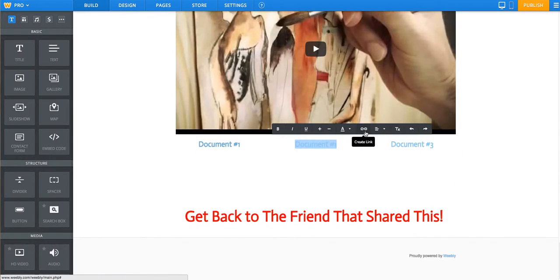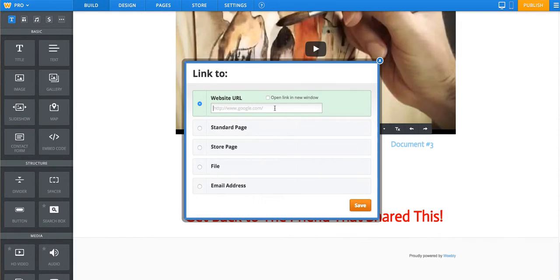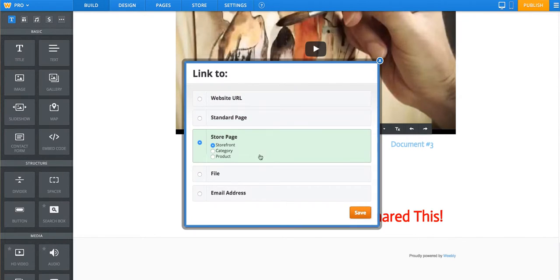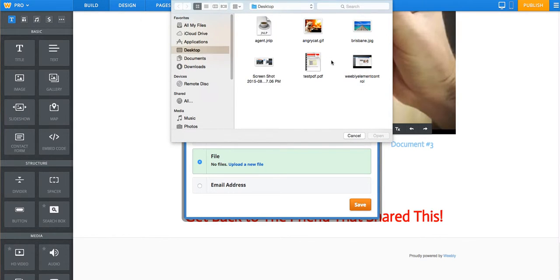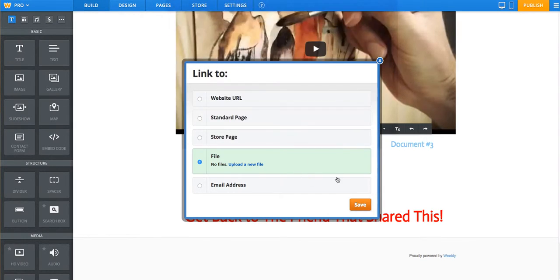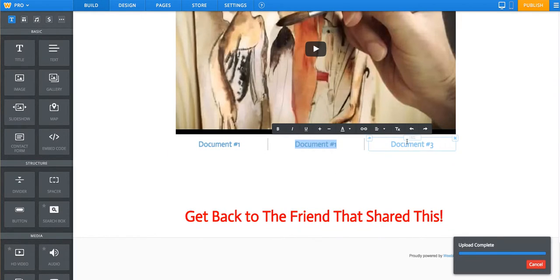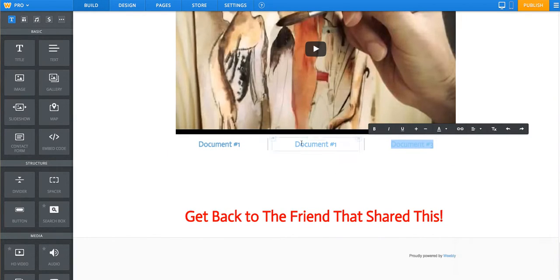It's that simple. Just keep in mind that's what this particular symbol here does with the menu system. It creates a link, whether you want to go to an external site, like cnn.com, open the link in a window, you can do that. You can do a store page if you have a store, you can go to a specific product, or a file. So that if you didn't want them to go to a page, you would want them to go to,